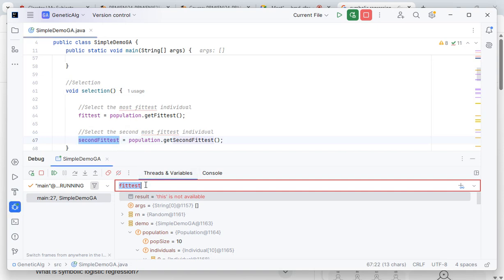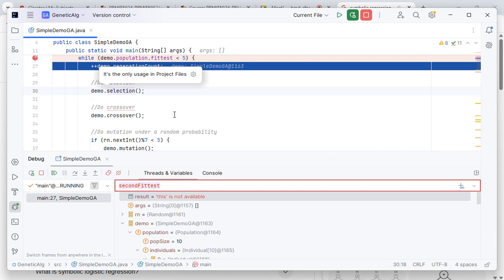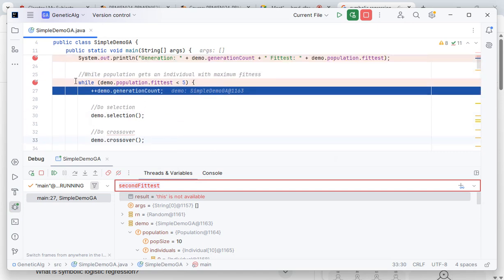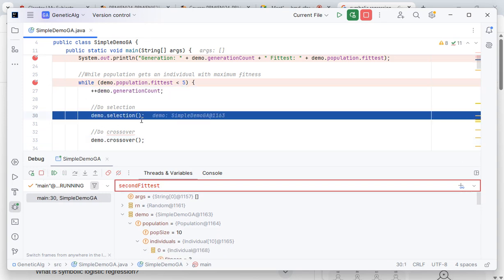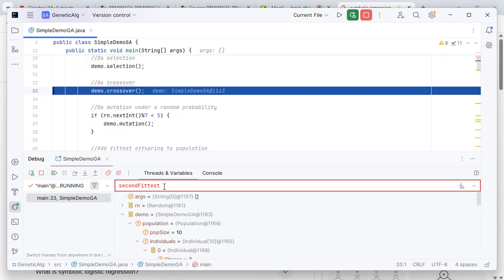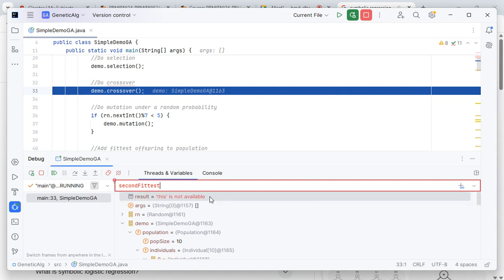And if we have second fittest, we don't know that. So then after this, we can go for generation count. We have done generation count. Now we do the selection. So I made the selection, and look, now that I made the selection, I have to have it, but it is not there still. And fittest,